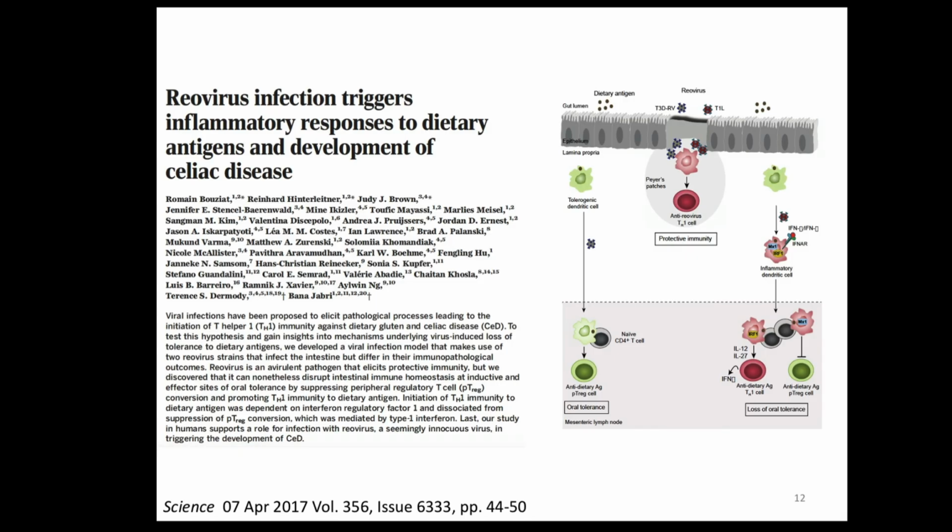So it turns out that if the first time you ever eat gluten in your life, you just eat gluten, here's dietary antigen, a dendritic cell picks up that in the GI tract, and you make a Treg, and you don't respond to gluten. But if you have the really bad luck that the first time you encounter gluten, you